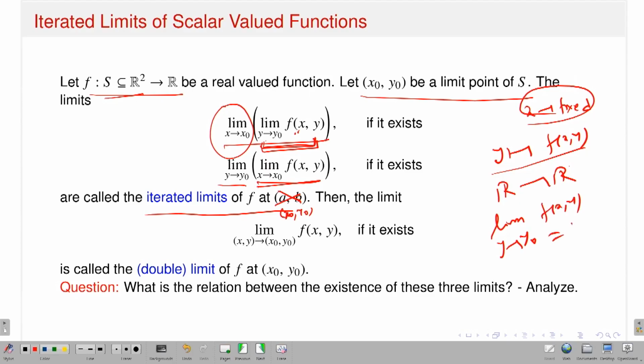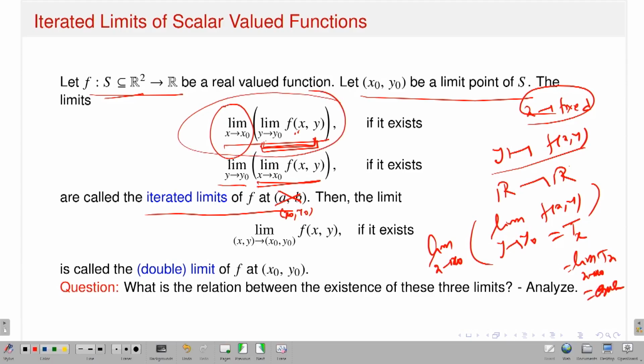So it will give you some value, but since x is fixed, it should depend on x as well. If this is the case, then I will take the limit as x approaches x naught. That means this is the same as the limit as x approaches x naught of d(x). And if this limit exists,